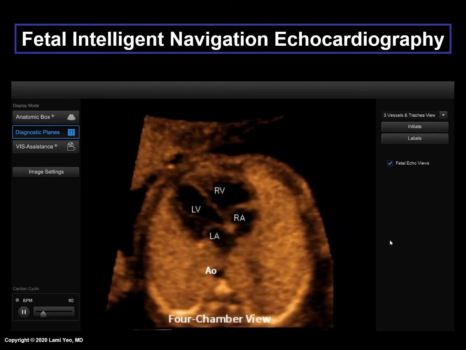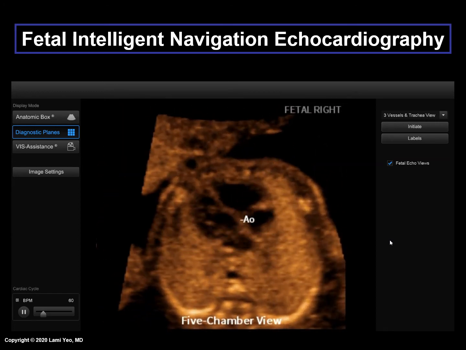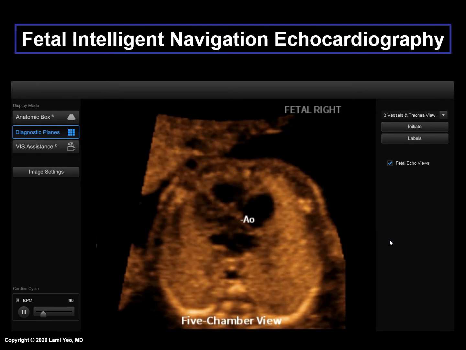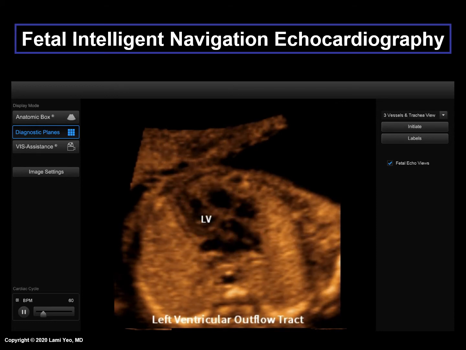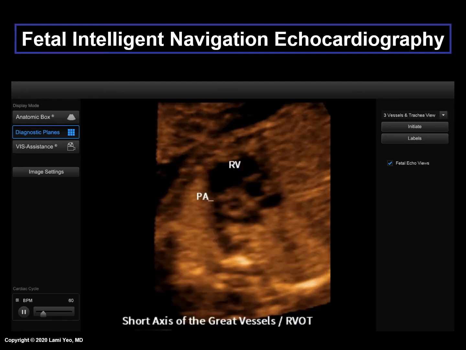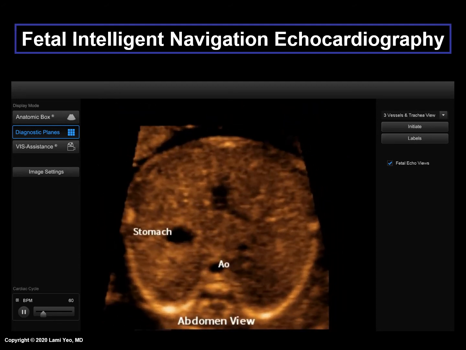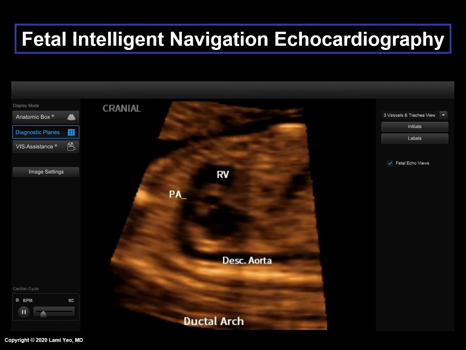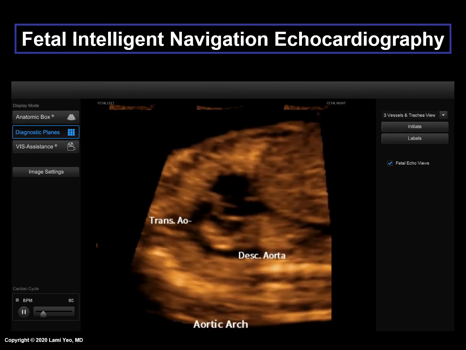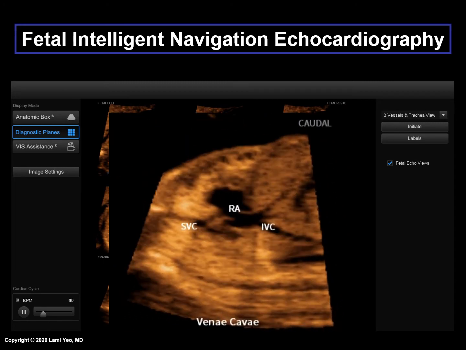This is the 3 vessels and trachea view, the 4-chamber view, 5-chamber view, left ventricular outflow tract, short axis view of the great vessels or right ventricular outflow tract, abdomen view, ductal arch, aortic arch, and finally the vena cava.